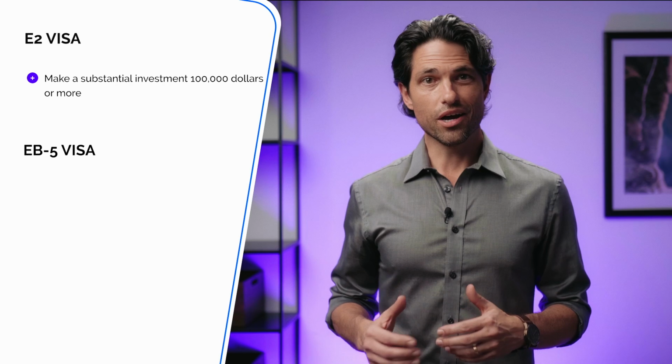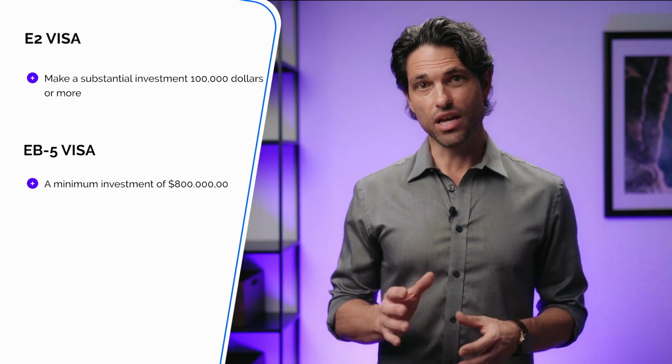That's not to say that the E2 visa doesn't have its advantages, though. For example, there is no minimum investment threshold for an E2 visa, unlike the EB5 visa, which requires an investment of at least $800,000, and over $1 million for those who invest outside of targeted employment areas. To be eligible for an E2 visa, the requirement is simply to make a substantial investment. As a guideline, this typically means investing about $100,000 or more, while for the EB5 visa, you have to follow a